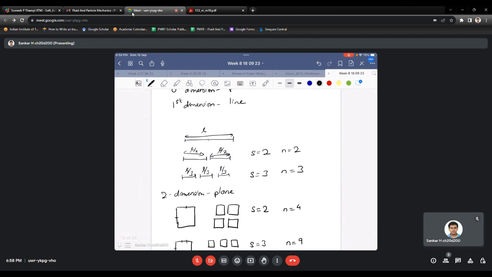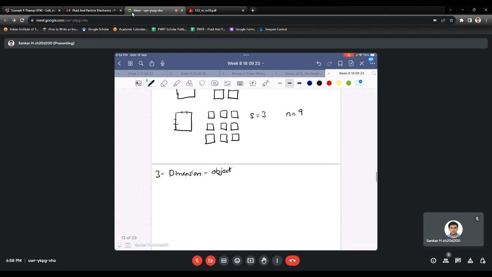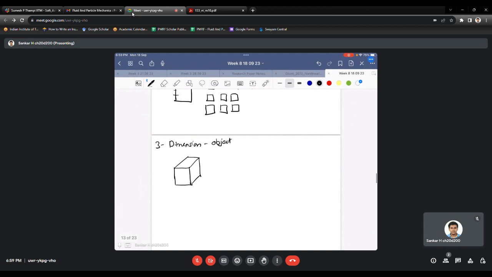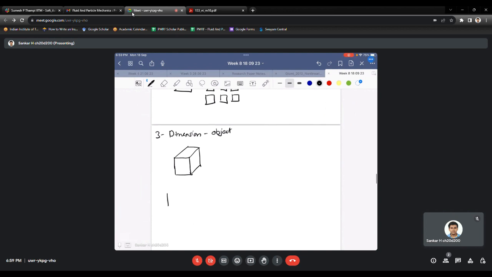So up to the second dimension, we don't talk about the volume, but when the third dimension comes, we talk about the volume. Let us now consider a cuboid or a cube. And let us now consider I am cutting each line segment into two equal parts. I'll end up with, if you can imagine,